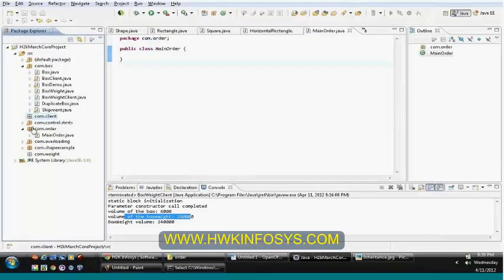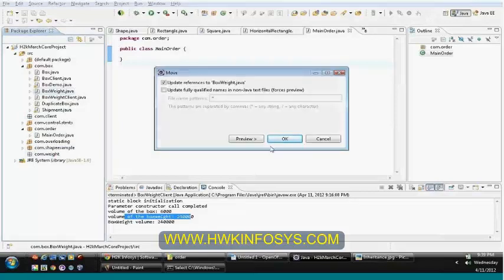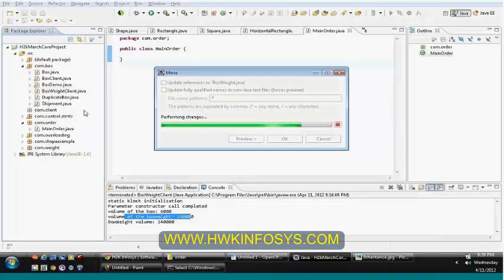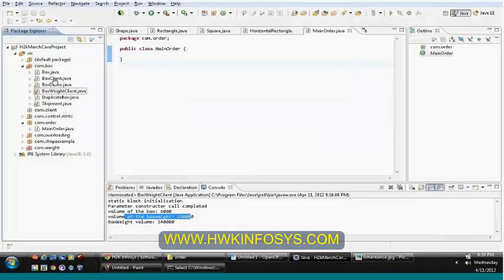So once I have created these two packages, I'm just moving my code, com.wait. And after that, box client.